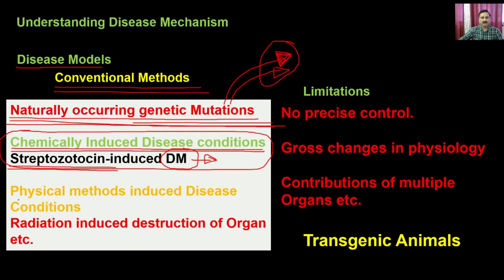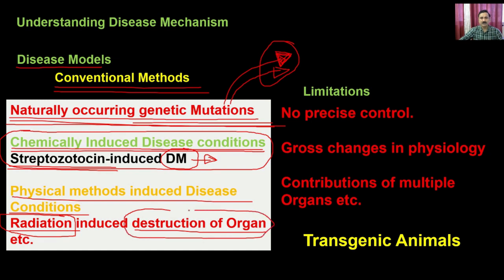Apart from that, there are physical methods, which can also cause disease, such as radiation. For example, you can have radiation, or you can have some kind of destruction of an organ. If you radiate a particular type of cell or organ, it may malfunction, and because of that it may develop some kind of disease. That is also very similar, in that you are not very sure that the radiation is not affecting the